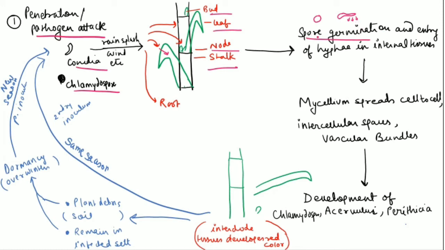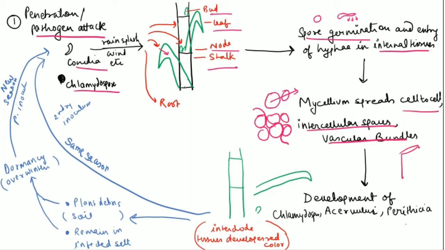That is what has been written here: spore germination and entry of the hyphae into the internal tissues. Now once it enters, the mycelium spreads from cell to cell in the intercellular spaces. Suppose these are the cells; the mycelium spreads either by crossing the cells or by growing within the intercellular spaces, and it also spreads with the help of vascular bundles, that is the xylem